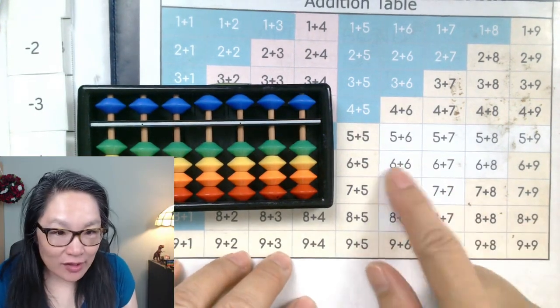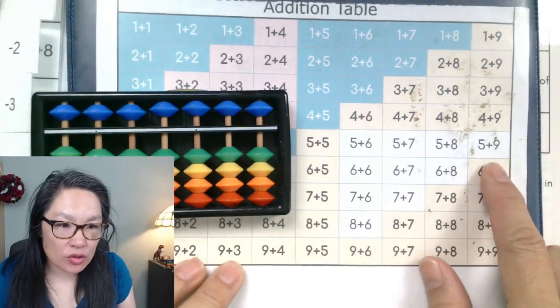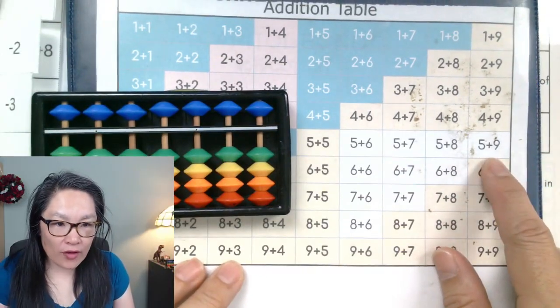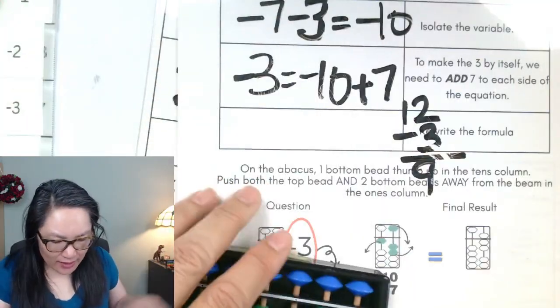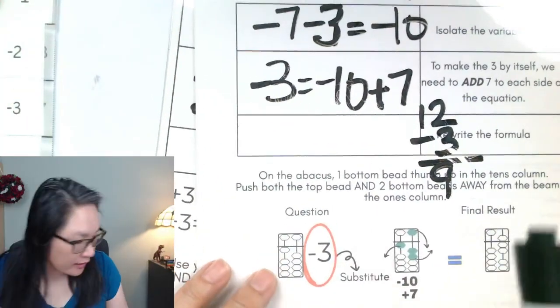So what does that mean? Okay, let's work with this. Let's do 5 and 9. So when we look at it,